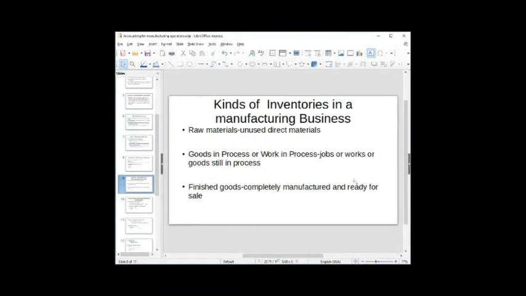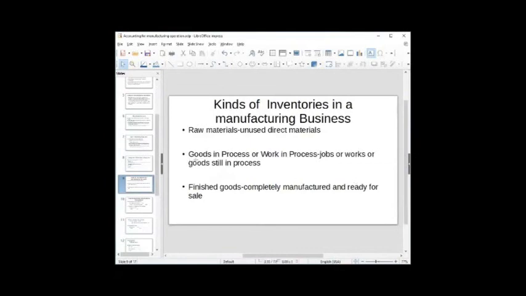Okay, going back to these inventories. We have different kinds of inventories in a manufacturing business. As I have said, raw materials are the unused direct materials. At the beginning, it is an asset, but once used, it can be turned into an expense in the account of cost of goods sold. For the different kinds of inventories in a manufacturing business, we have the raw materials, as I have said,